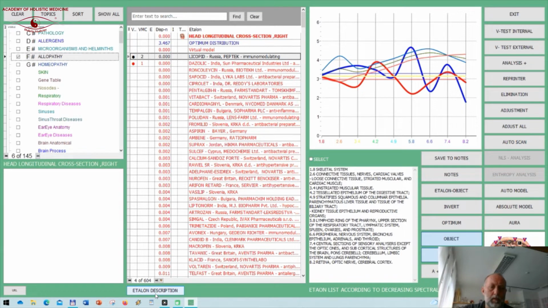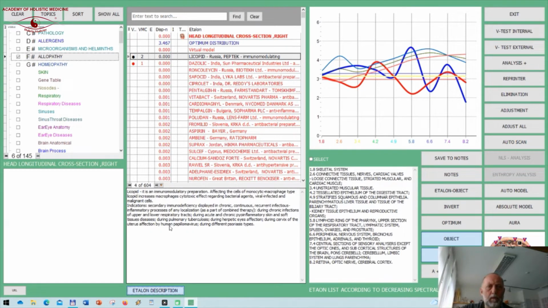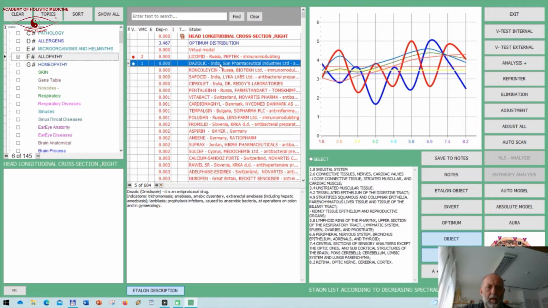If you don't know what's in this medical remedy, you can see it here in the description, because not every Russian or Indian remedy is available in our country. So we need